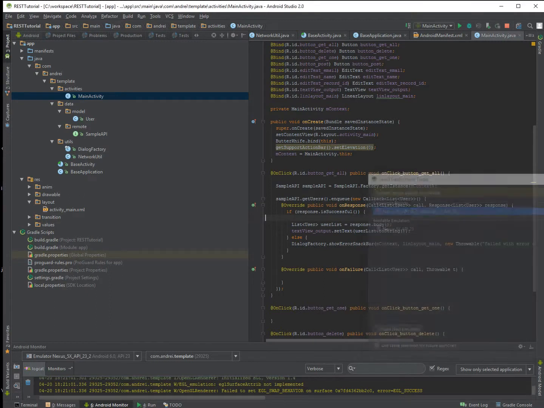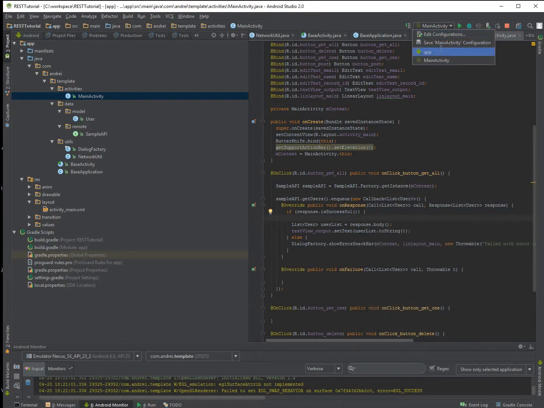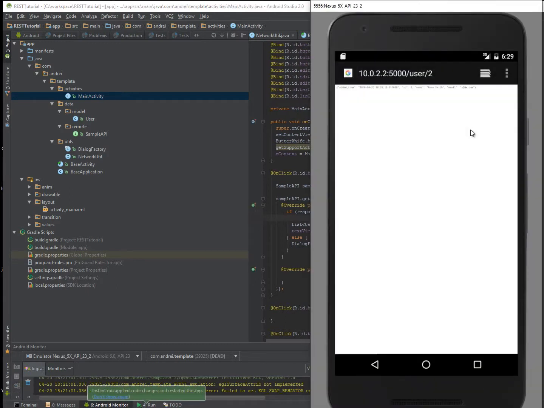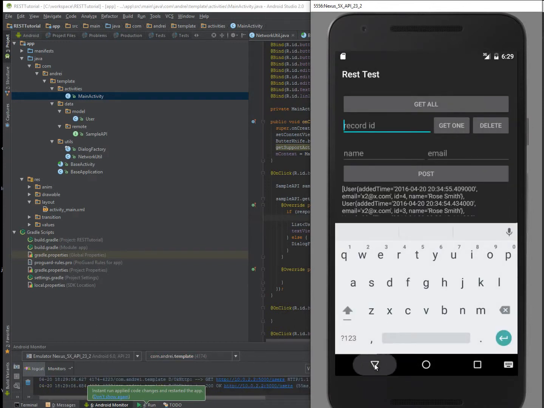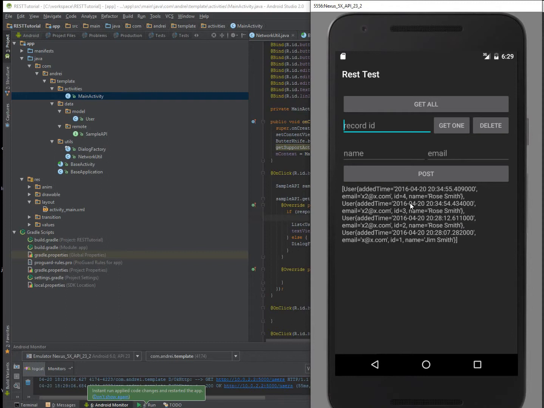Let's test our application and see if we missed some stuff. So it's working. We have a list of